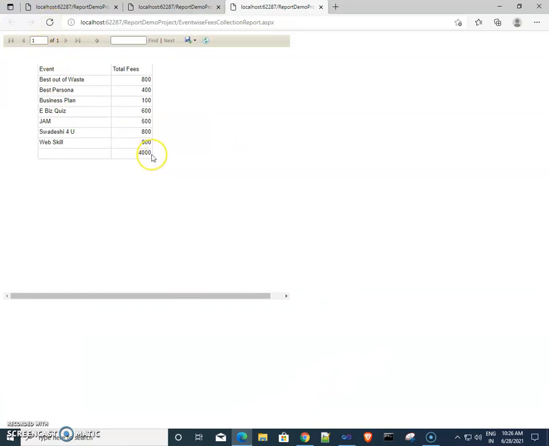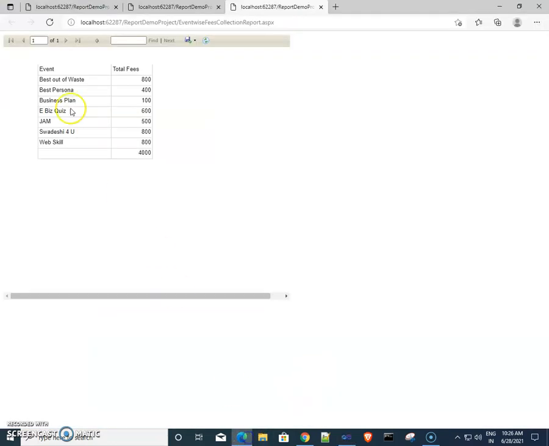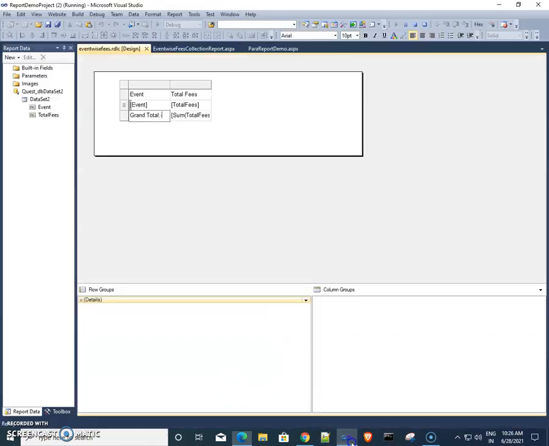So here total fees we can see. You may give here the name as grand total. See, this is the effect, grand total. Okay, from this report we can create some graphs also.